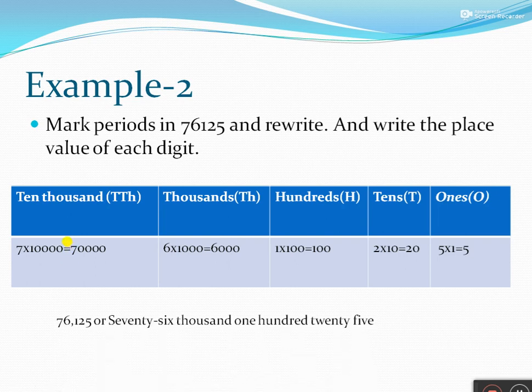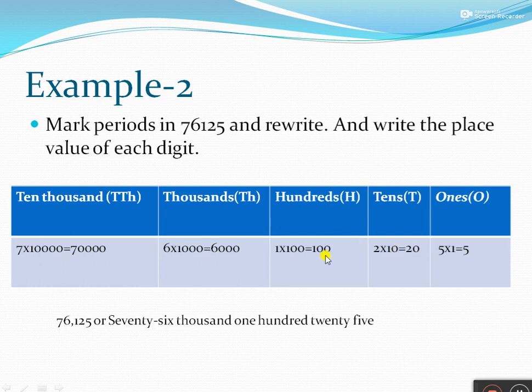Now you see, we can write in words also, and in the number also. Now what is the number I had given? We have to put the commas. I told you after the ones period we have to put the comma. Ones period, what are the places? Ones, tens, 100. So after the hundred place we have to put the comma.